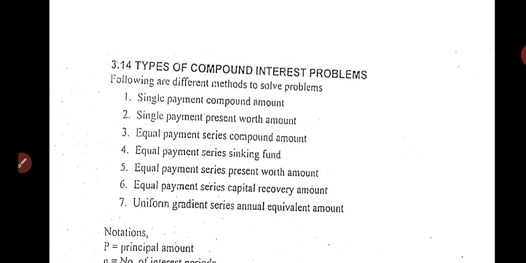Whereas in the case of compound interest, the interest for the current period is computed based on the amount, that is the principal, plus interest up to the end of the previous period at the beginning of the current period. So in compound interest, we are also calculating interest on interest.